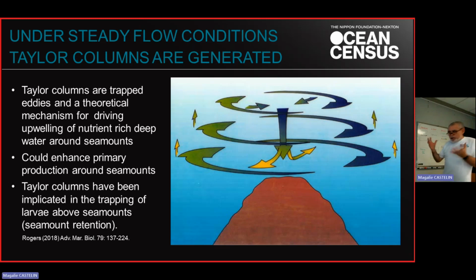So moving away from kind of general community structure on seamounts, we're going to talk a little bit about why they're such rich biological habitats. And the first theories about this were that seamounts were sites of high primary production. And the way that people first thought this happened was through the development of what are called Taylor columns or